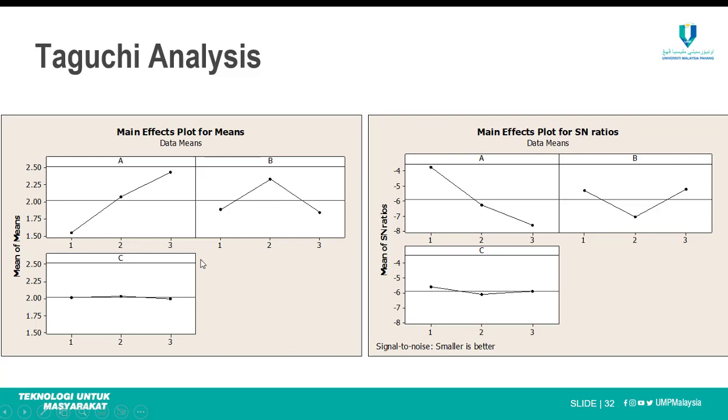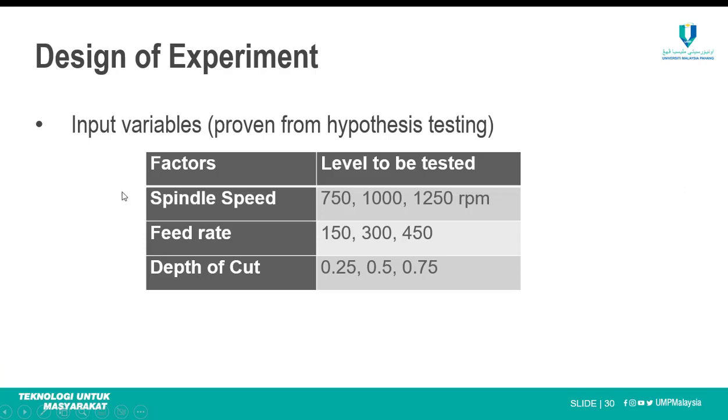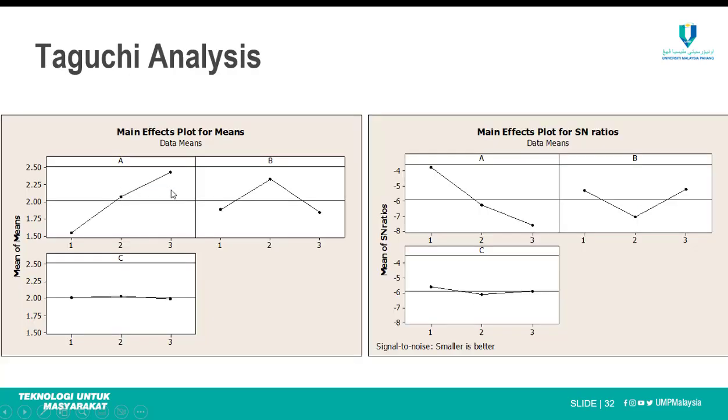Another thing based on this plot is that the first parameter, the spindle speed, gives the largest effect because the gap between low level and high level is the most